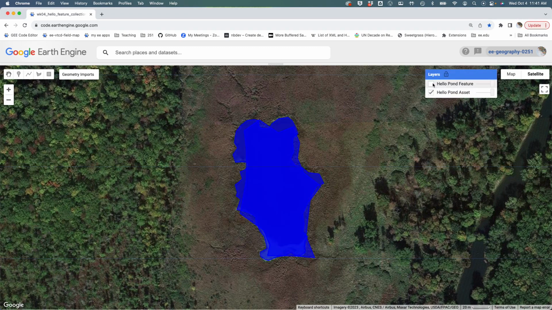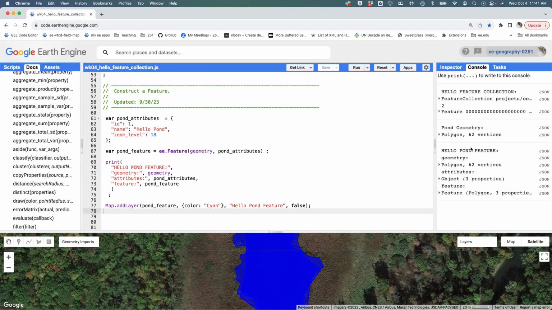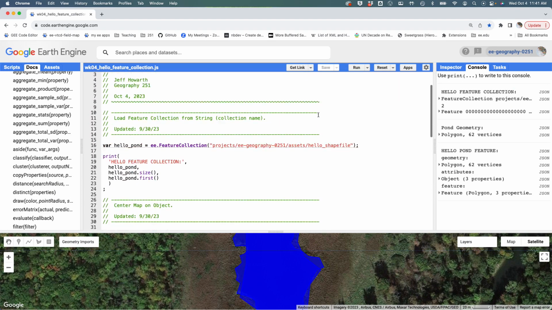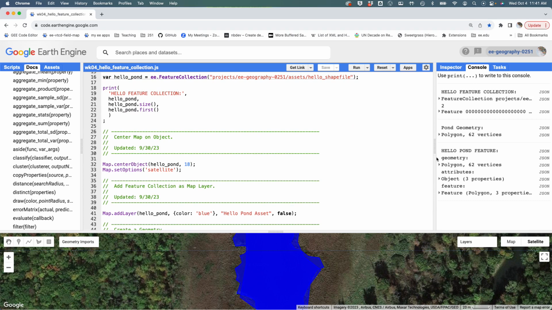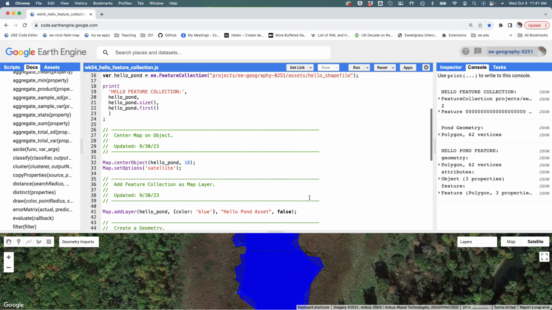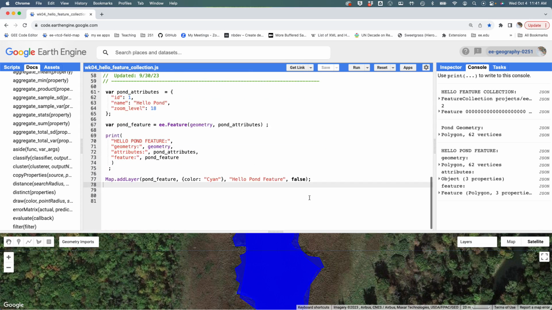We've got the feature that we just made, but I'm actually going to work with this. The reason is that we're going to look at a method that converts feature collections to an image. The first thing that we imported from QGIS is a feature collection. The second thing that we made in Earth Engine is a feature. We could cast this feature as a feature collection, but just to keep it simple, let's work with this feature collection. Then I'm going to go ahead and grab the snippet for this,